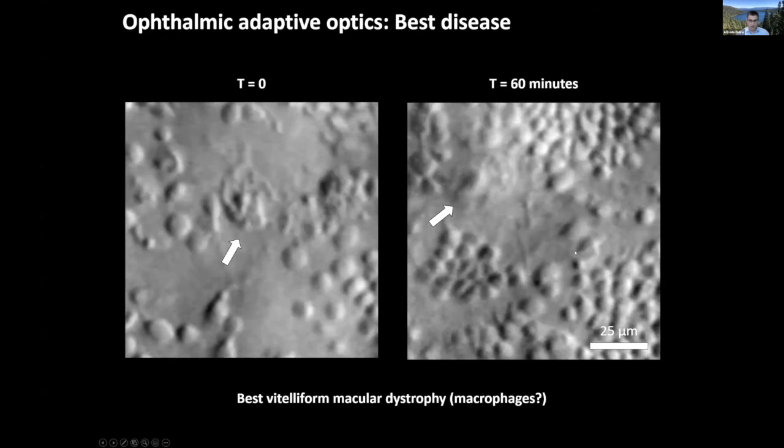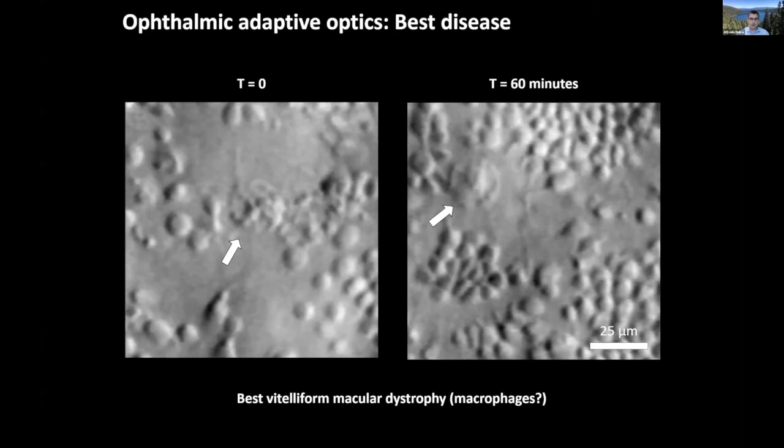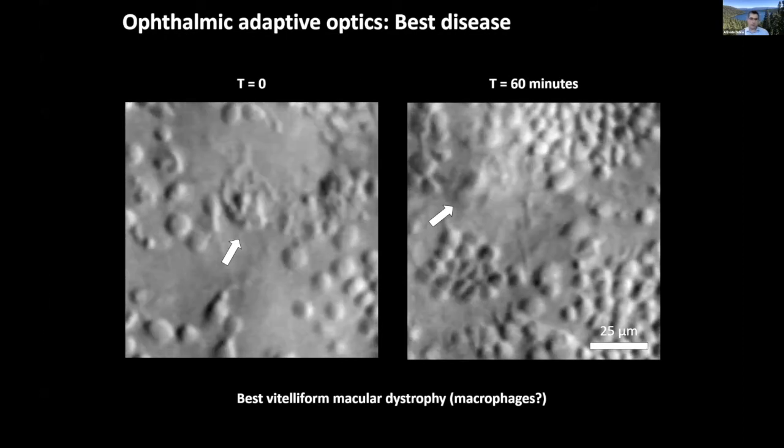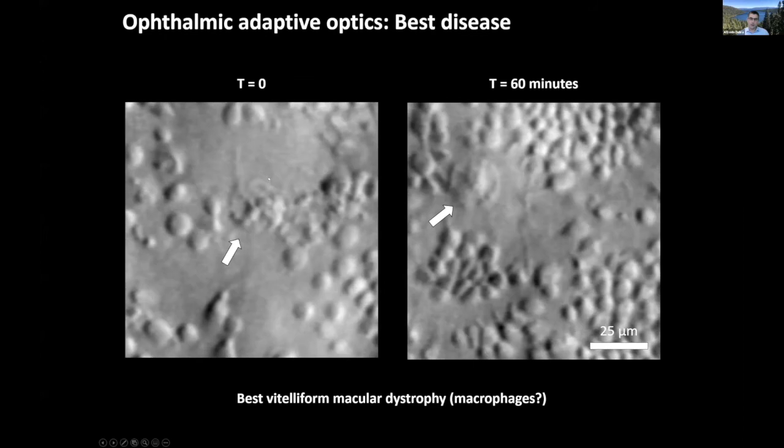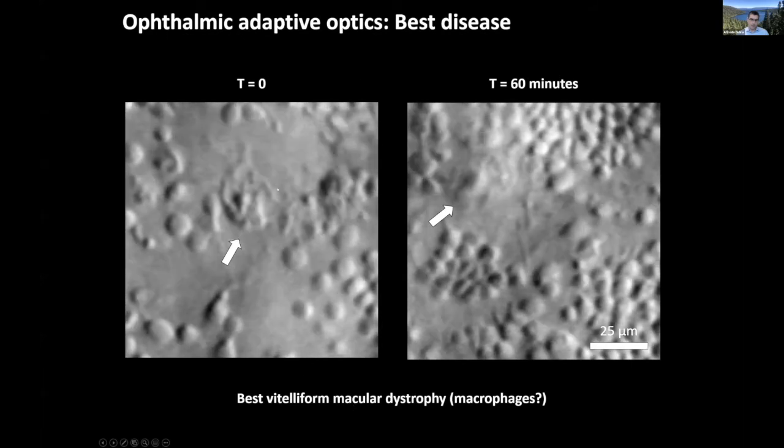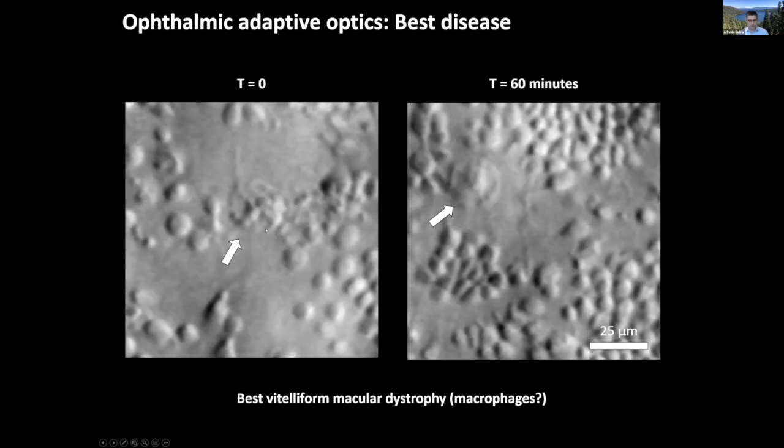In addition to looking at the retina in the scale of seconds or minutes, we can also look maybe in the scale of hours. And this is, although not practical for clinical care, it might be informative in terms of disease mechanisms, because we have been able to show in other diseases, in this case, Best's vitelliform macular dystrophy, which is a progressive condition where the photoreceptors are affected and eventually die, where we can see this structure here highlighted by the